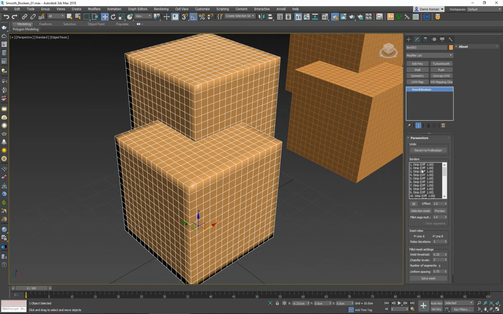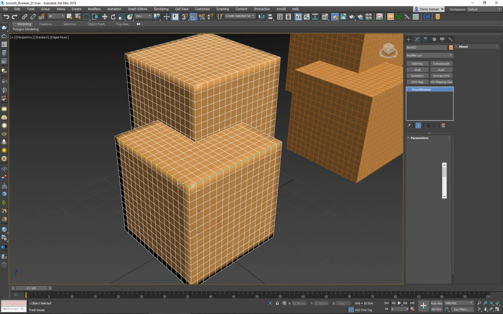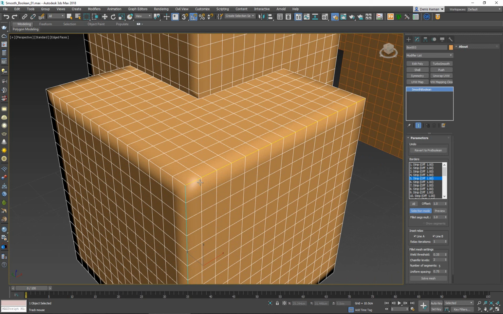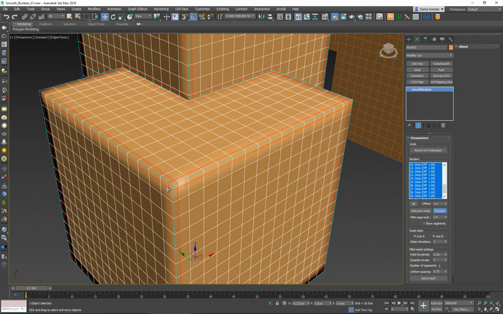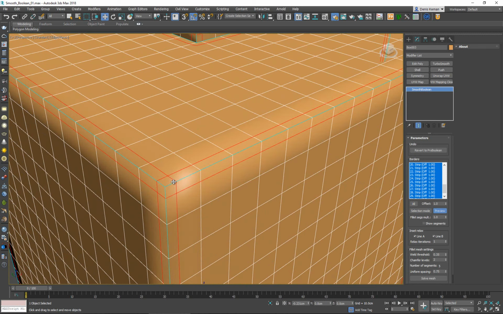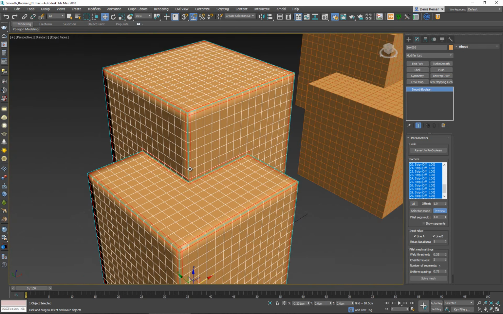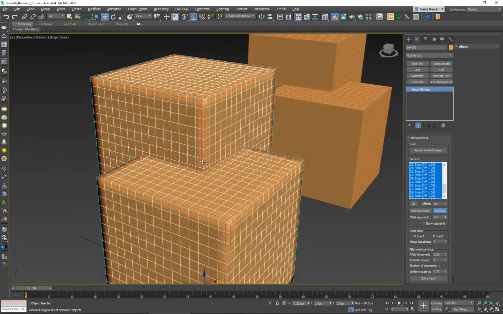So if I go in here now, and for example, if all of these are selected, I have to go into the selection mode, I can individually select any of these lines. As you can see, all of these are the edge lines. If I click on all of them, they are going to be selected, and if I click preview, now you're going to see these two red lines appearing next to every edge that we have here that is intersecting,